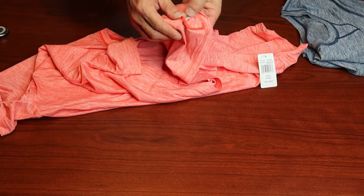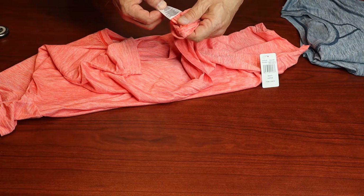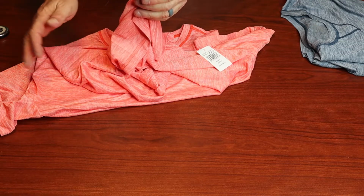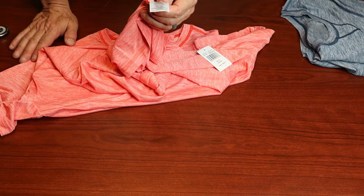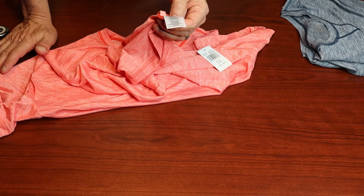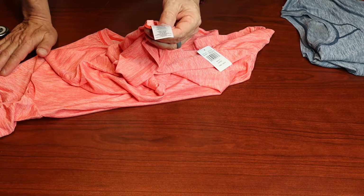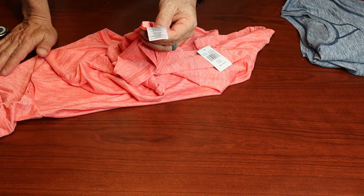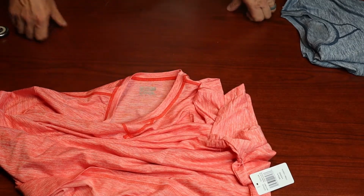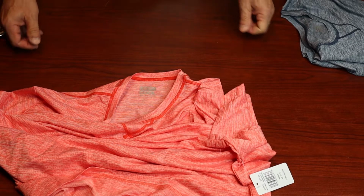Here's your care label. So it's made in China, and 93.7, which we already mentioned, poly spandex, and machine wash cold with light colors, gentle cycle, use mild detergent, only non-chlorine bleach when needed, do not use fabric softeners, and that's a call out very important because we have moisture wicking, and moisture wicking will be blocked if you put on a fabric softener. Tumble dry low, remove promptly, cool iron if needed, and do not iron on print labels, and do not dry clean. Okay, so they don't want you to iron on the heat seal because it could stick to the iron and melt. It could also come off. Anyways,